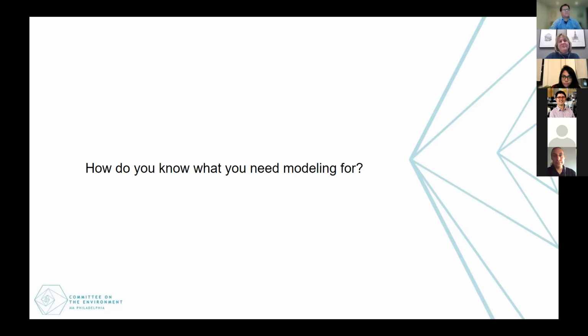I think one issue that we're constantly trying to avoid is doing energy modeling for the sake of doing energy modeling. As we all know, running an energy model in the early design phases and coming up with an EUI and assessing whether or not that meets the 2030 Challenge target can be not very meaningful. So I always encourage project teams to come up with some very specific questions for